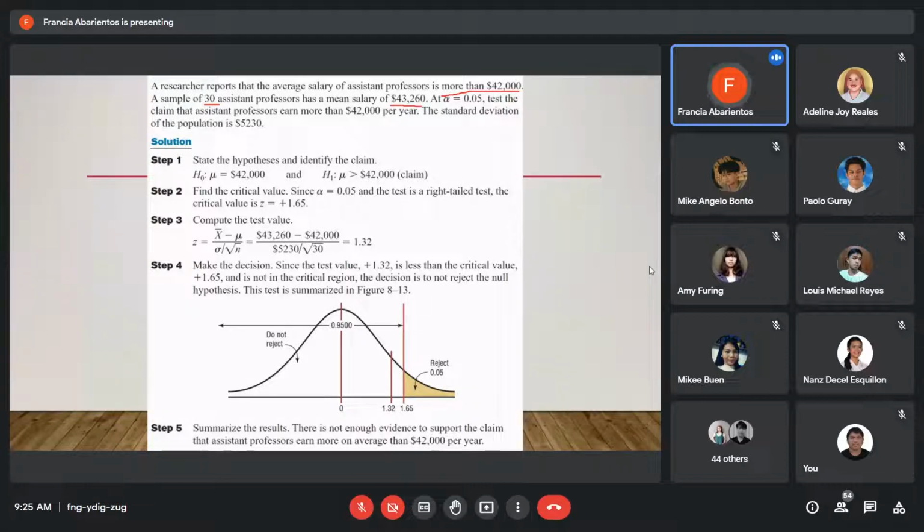At a given significance level, which is 0.05, we need to test the claim that assistant professor earned more than 42,000 per year. So we have now the standard deviation of the population, which is given as 52,300. So the very first is